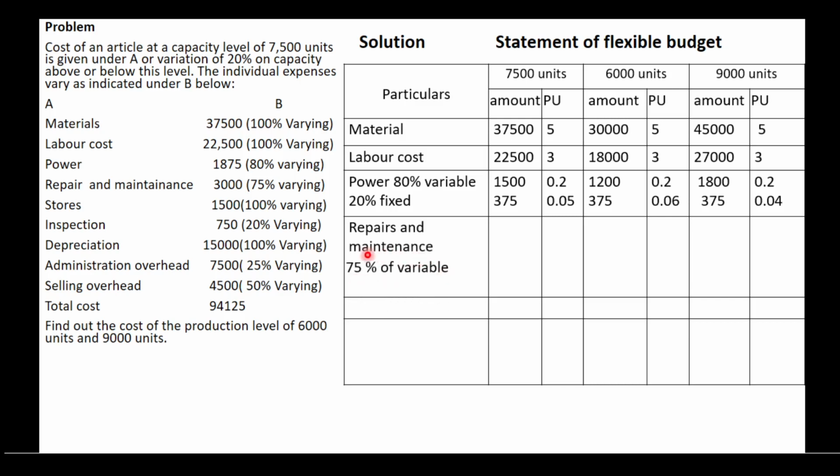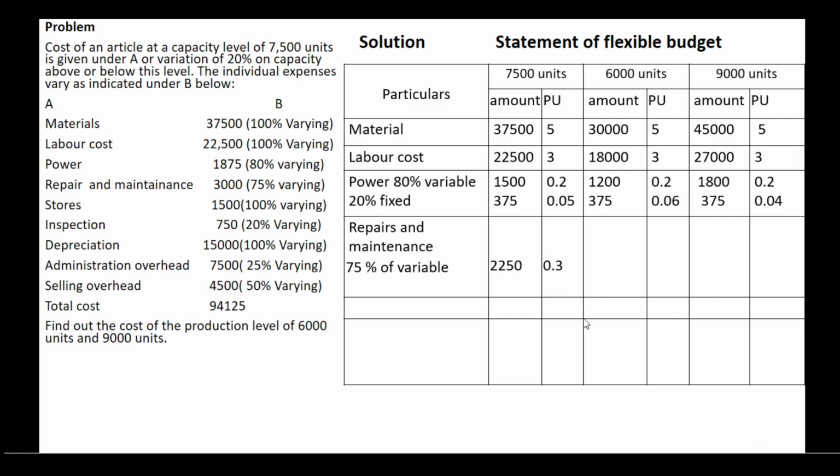The 75% of variable, that is 3000 into 75 divided by 100. So now the amount is 2250 rupees. So now we calculate the cost per unit, 2250 divided by